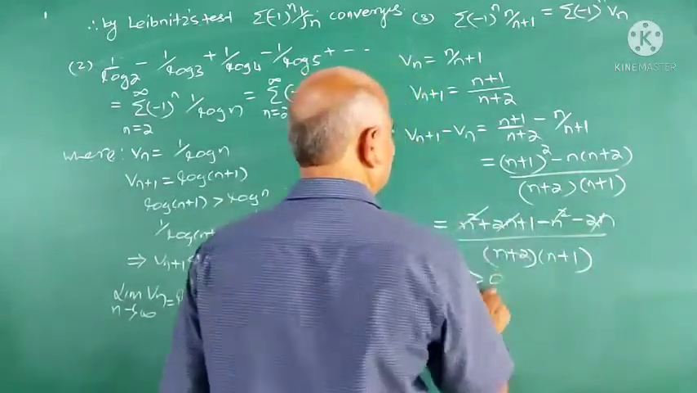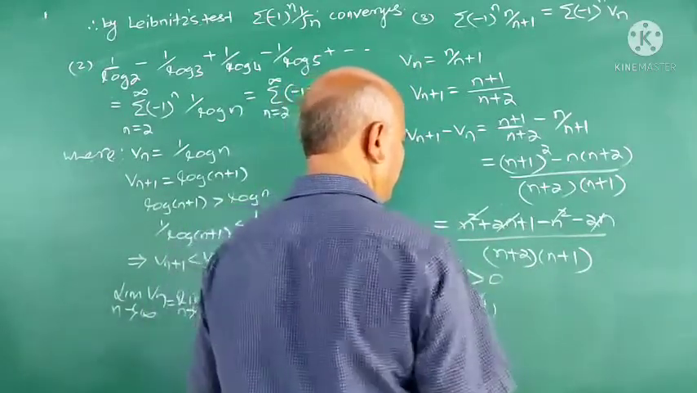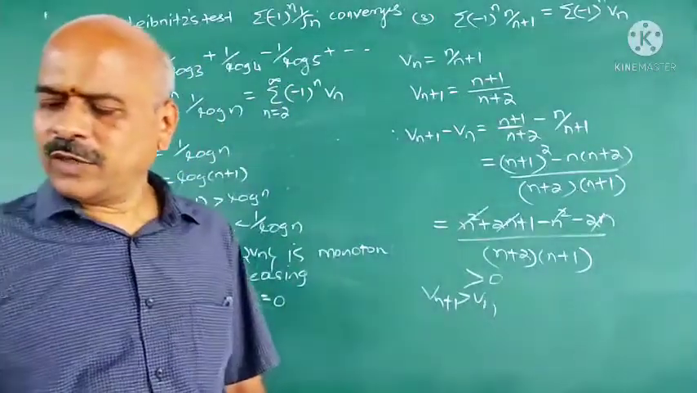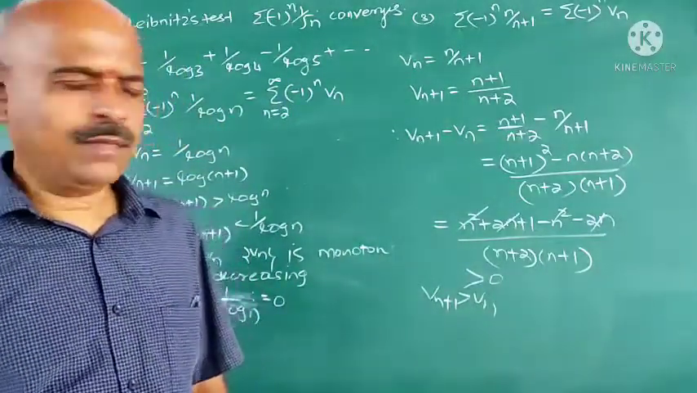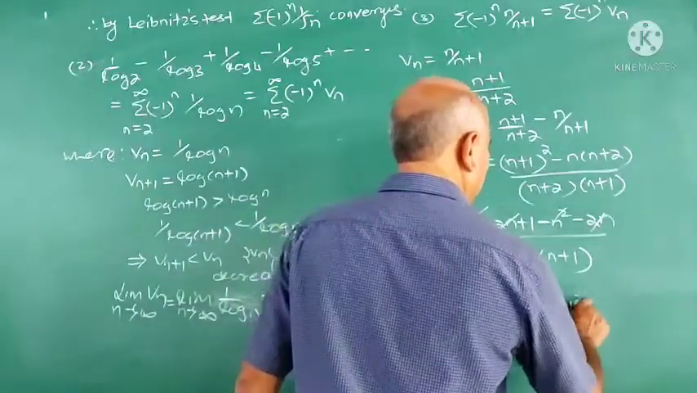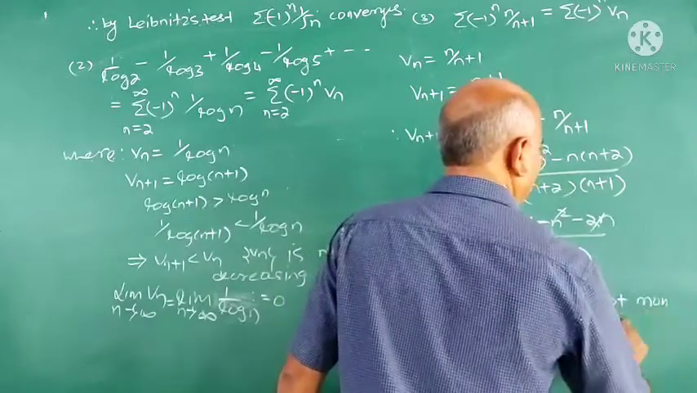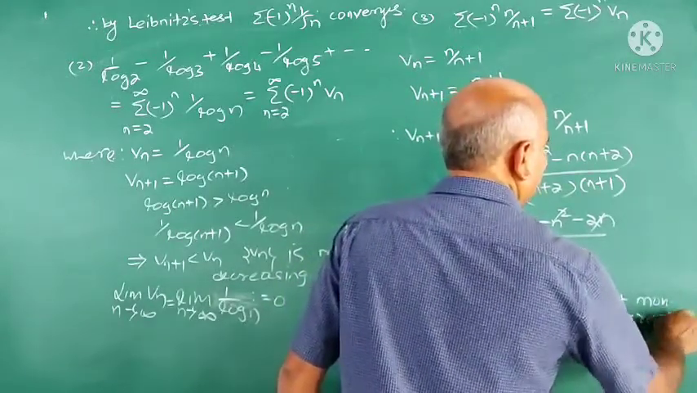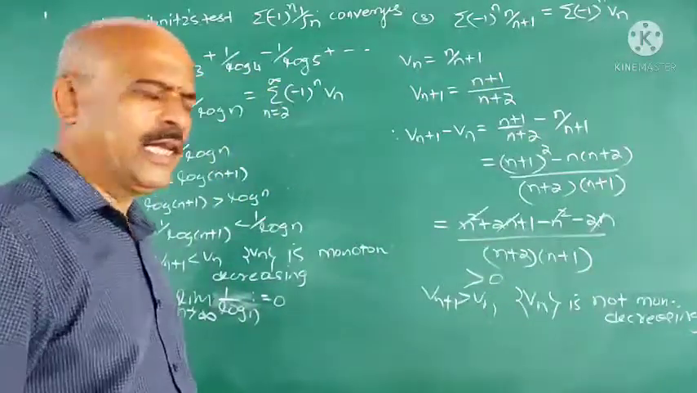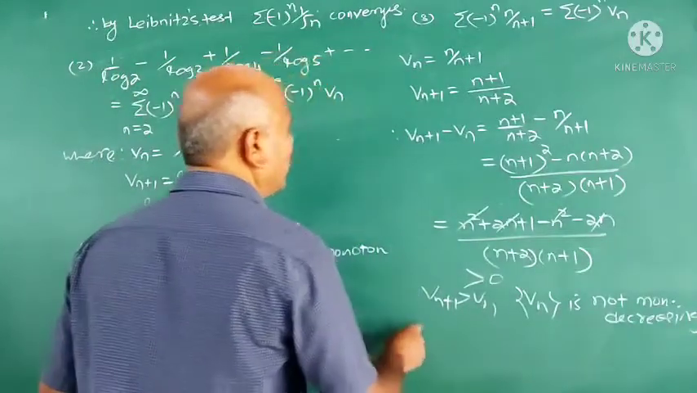So it is greater than 0. Therefore Vn plus 1 is greater than Vn. Is it greater than? Yes, Vn plus 1 is greater than Vn. So what happens here? Sequence Vn is not monotonically decreasing. In fact, it is increasing here. It is monotonically increasing, and also limit Vn